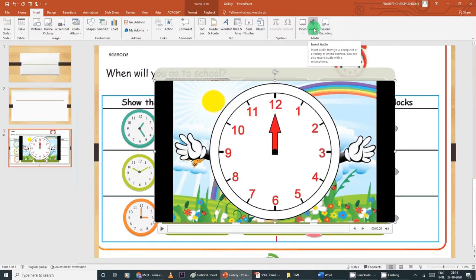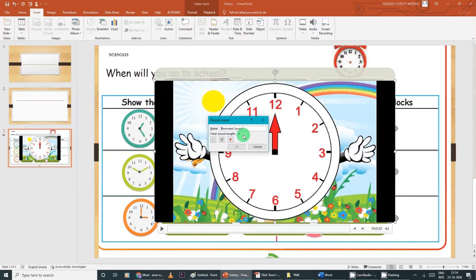Audio. Next you want to add audio. This audio can be used sometimes. You can pre-record your audio voices to explain. For example, if I want to explain about this slide, okay, so I don't want to explain it live during the class. I wanted to record and keep it. So I can do